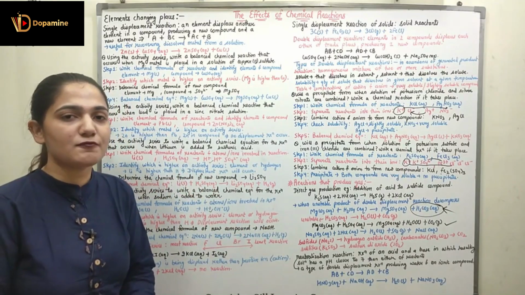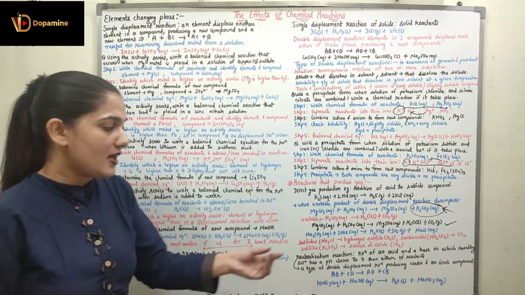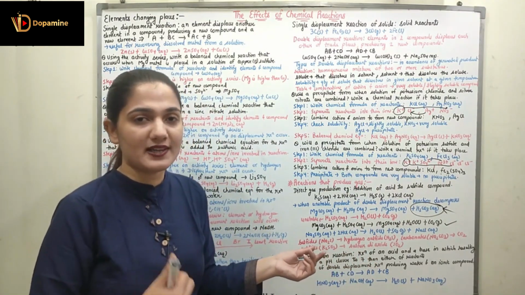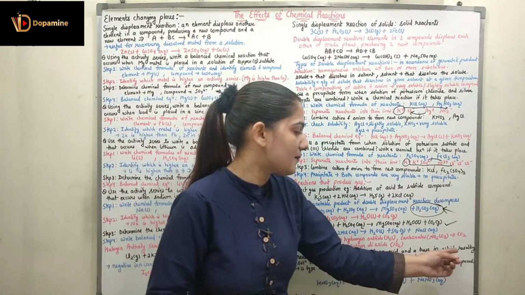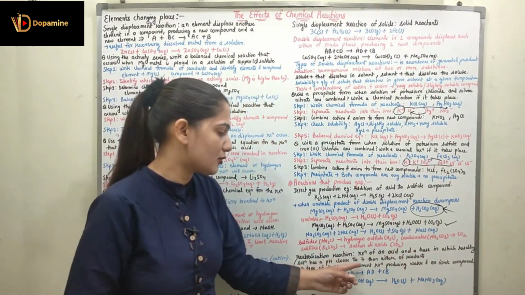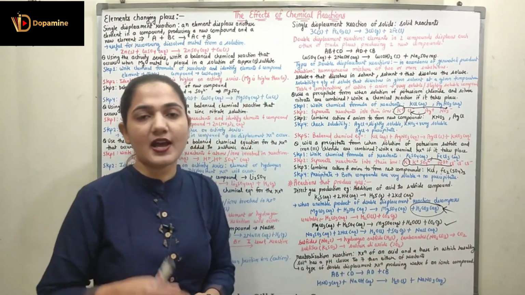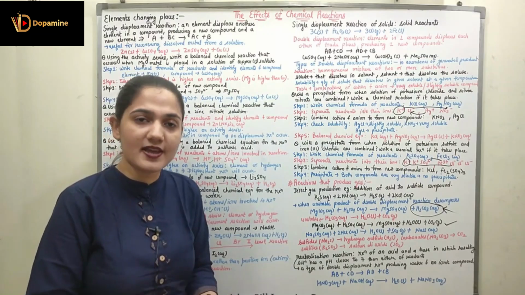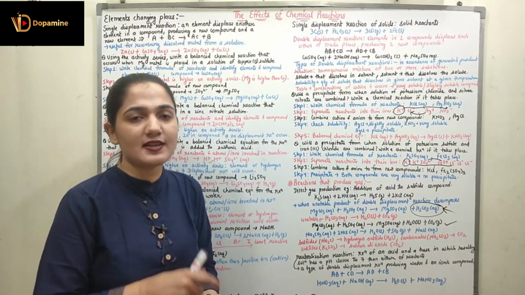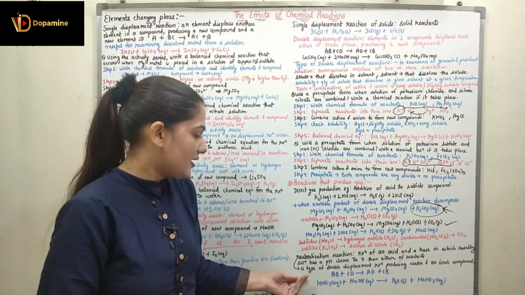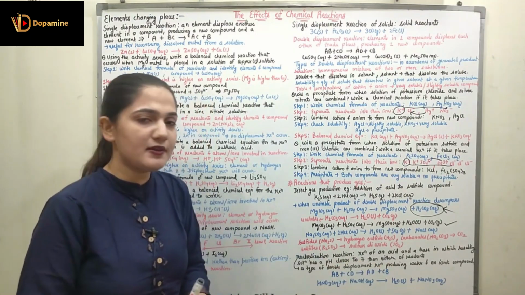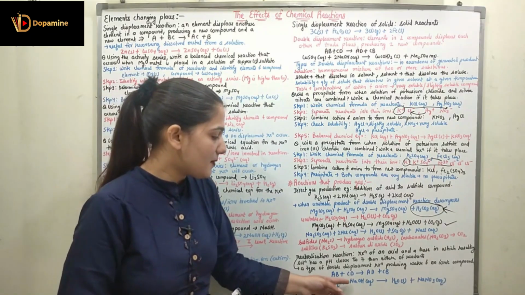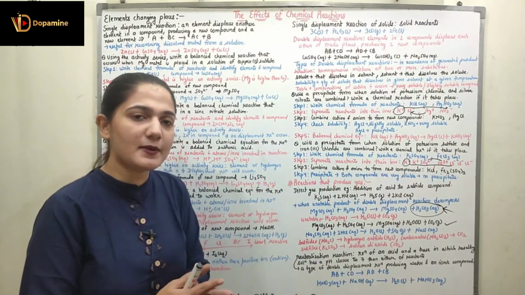Coming to the last concept for the day, that is the neutralization reaction. As the name suggests, it neutralizes the acid as well as the base. It is the reaction of an acid and a base in which the resulting solution has a pH closer to 7 than either of the reactants, because an acid has a pH less than 7, a base has a pH greater than 7, and when I neutralize them, the pH will be closer to 7. It's a type of double displacement reaction where we produce water and an ionic compound called a salt. AB plus CD gives AD plus CB, which is the double displacement reaction.